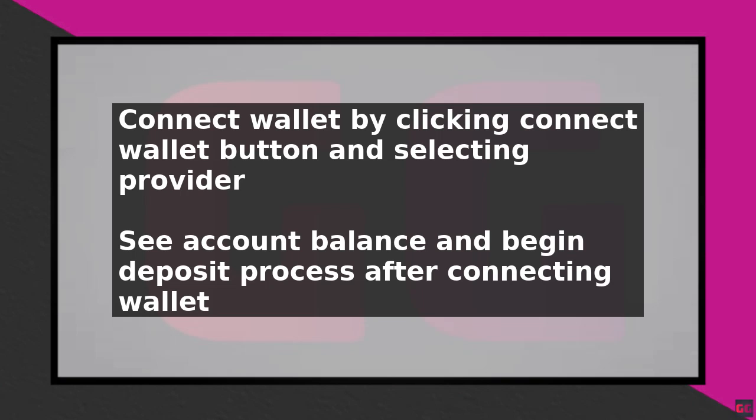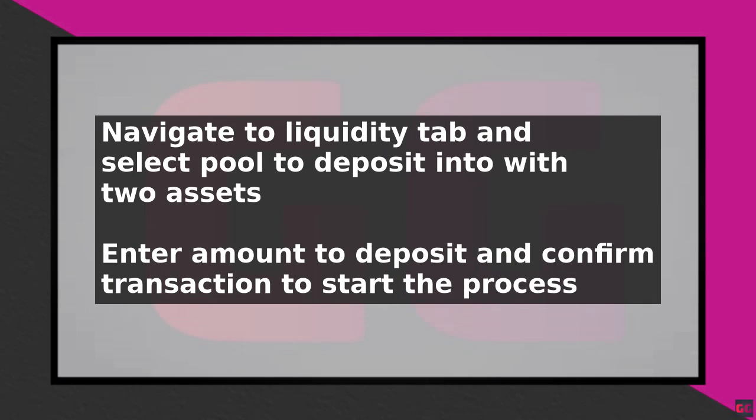It is essential to understand that Uniswap is a decentralized exchange, and all transactions are done on the Ethereum blockchain. This means that every transaction will incur gas fees, which can vary depending on the congestion of the network. To minimize gas fees, consider making your deposits during times of low network congestion. It is also crucial to have enough Ethereum in your wallet to cover the gas fees, as this will be required to complete the transaction.